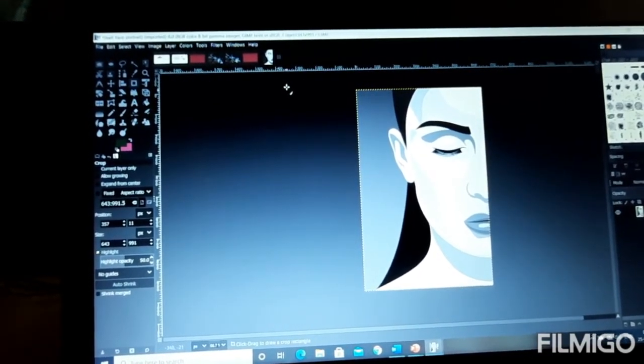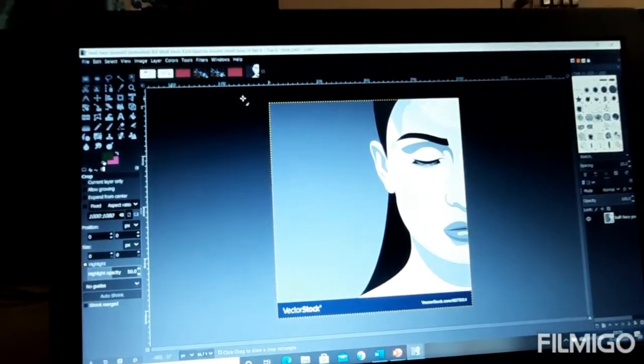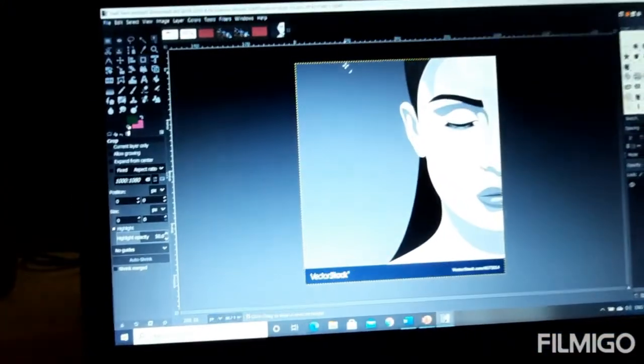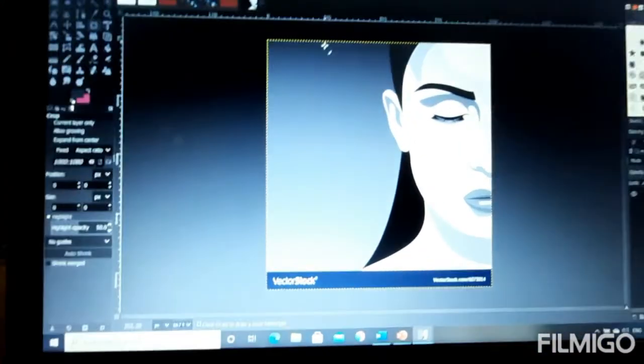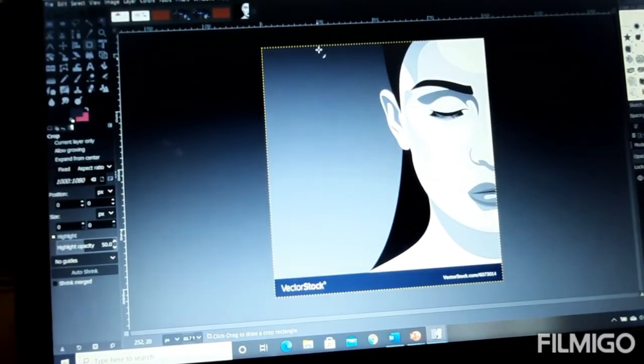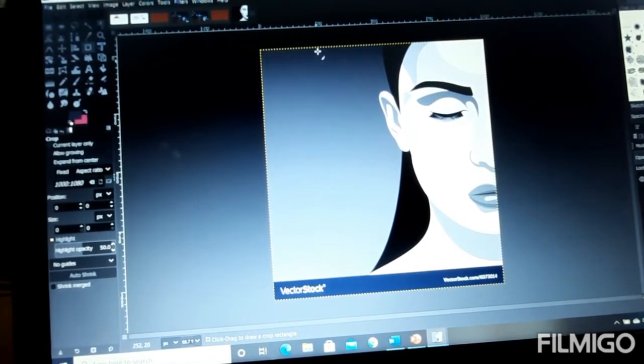Okay, so now there's one more option, that is the flip option. What is the flip option? Basically, the flip option flips the image horizontally or vertically to create its mirror image.